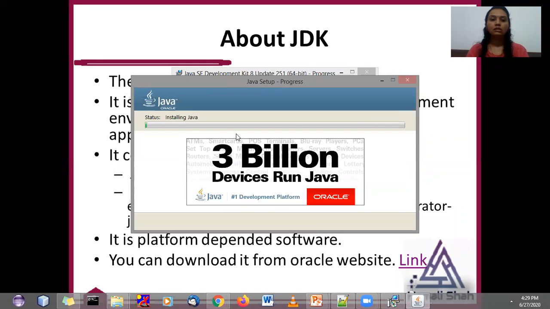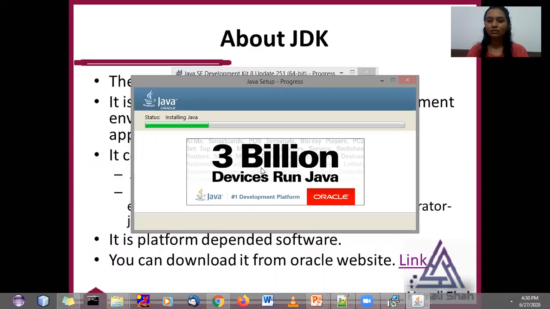See here, 3 billion devices have Java, and they are all working on Java. Devices like ATMs, smart cards, POS systems, terminals, and set-top boxes are all using Java to run their programs.